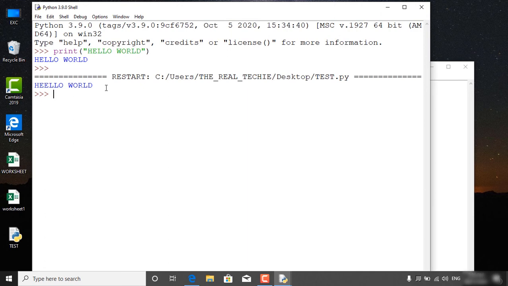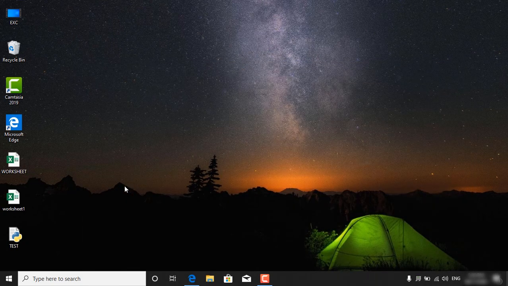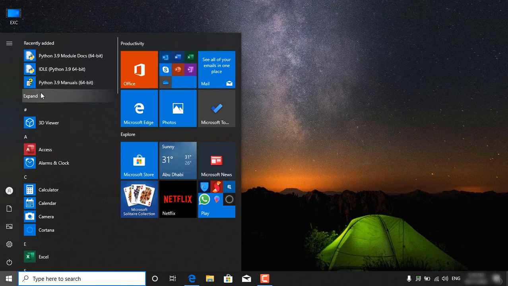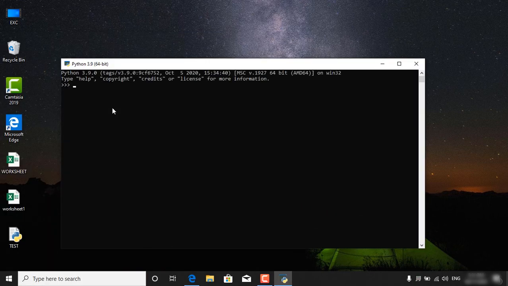So next we will see the Python terminal. For that, we will close this first. So we'll close this window also. Next we will open the Python terminal. We will click the start button, and we need to expand this, and we'll see this Python 3.9.